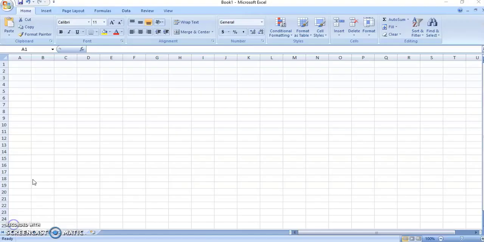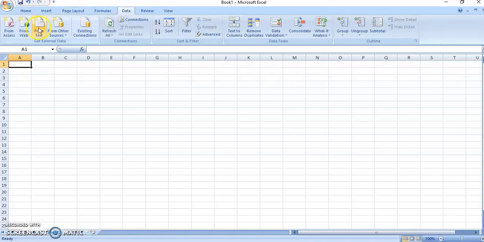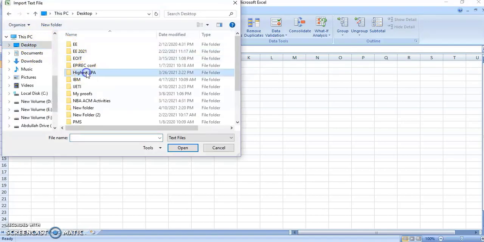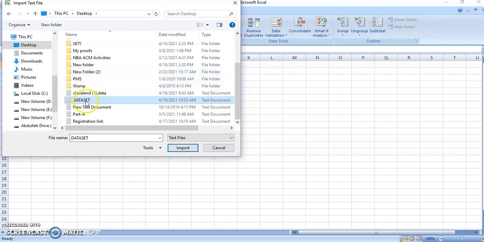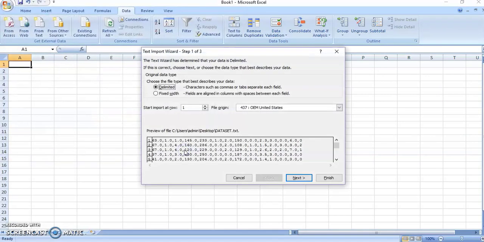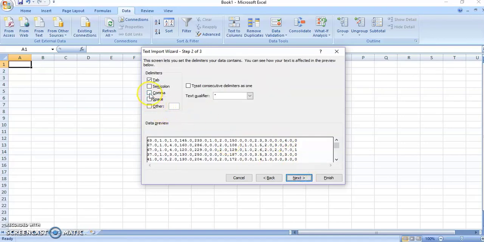Okay. In this, you can open a new Excel sheet. Here you'll have different tabs such as home, insert, layout, formulas. In that, click the data tab. In that you can click from text, to get external data from a text file. Click on from text and you can select the data set location. I am selecting the data set and clicking import. This wizard will display, and by default it will be selected as delimited. You can click next and then you can click comma.